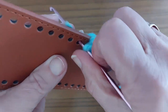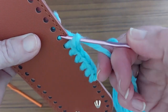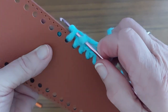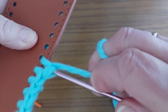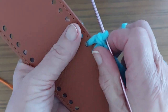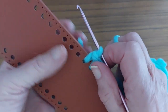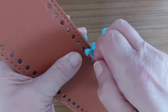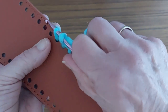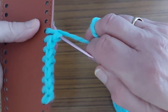And I'm putting that little end in, keep putting it in till it disappears. It is quite awkward when you first start these things because it is awkward to get your hand around like that, or you can with some soft wool which you can squash in your hand, but you can't with this. So you just have to persevere until you get to a stage where you've done a few rows and you can hold on to the